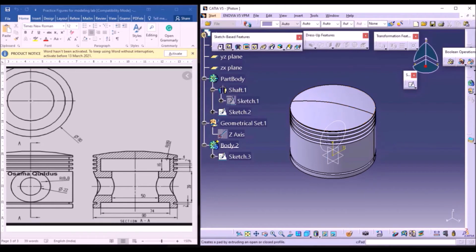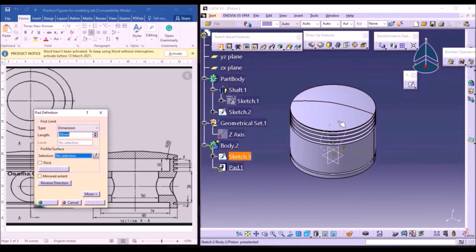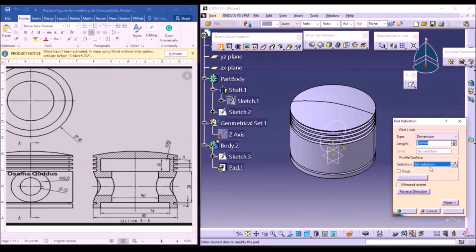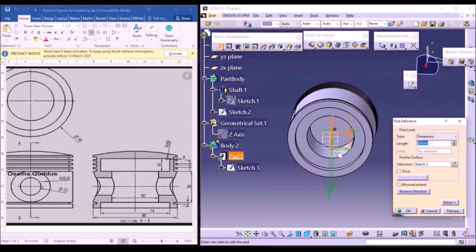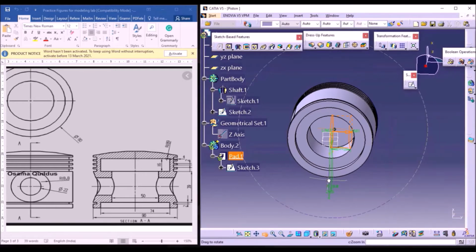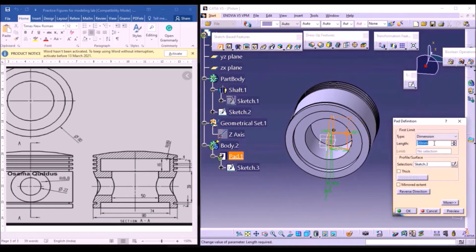Now I'm using the pad option for this sketch. Click on pad, select the profile. Next we need to add the material. Just rotate it to the bottom side and you can see the object is added like this, from the center to the outer side.